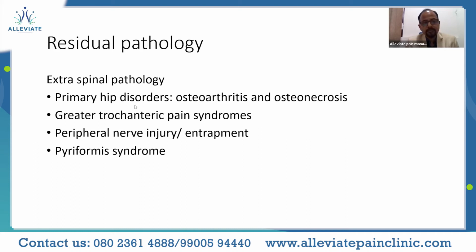It could be because of primary hip disorders like osteoarthritis of the hip or osteonecrosis of the head of the femur, or it could be something like GTPS, that is the greater trochanteric pain syndrome. Could be other nerve injuries, peripheral nerve injuries, or their entrapment, or it could be something called piriformis syndrome,